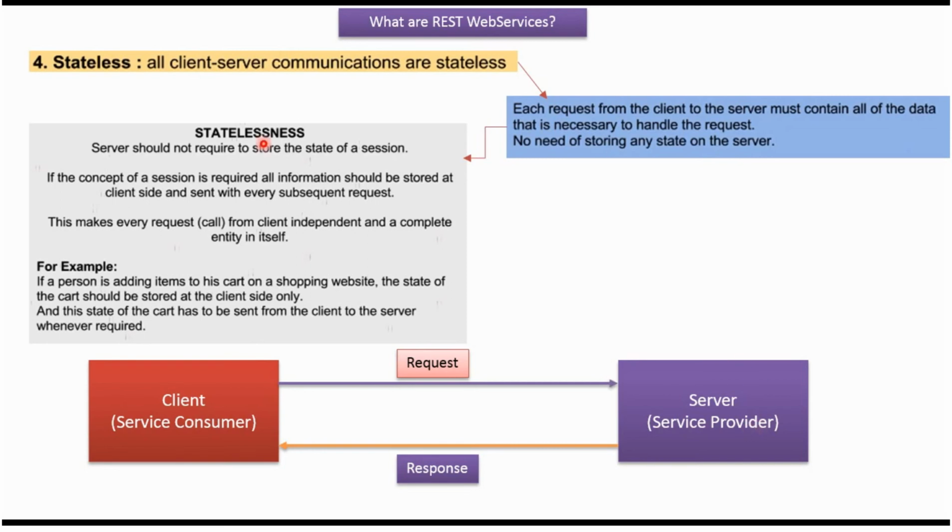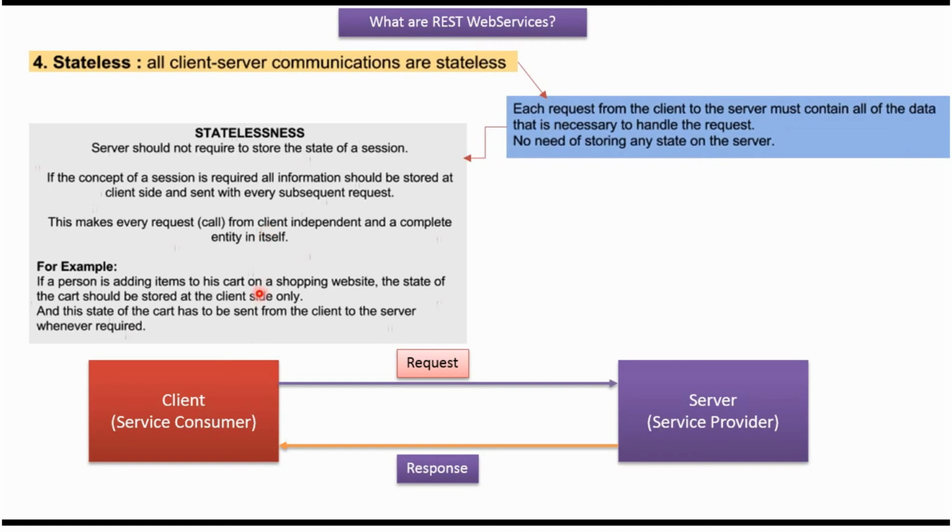In case of statelessness, the server should not require to store the state of the session. If the concept of a session is required, then all the information should be stored at the client side and sent with every subsequent request. This makes every request from client to server independent and a complete entity itself.